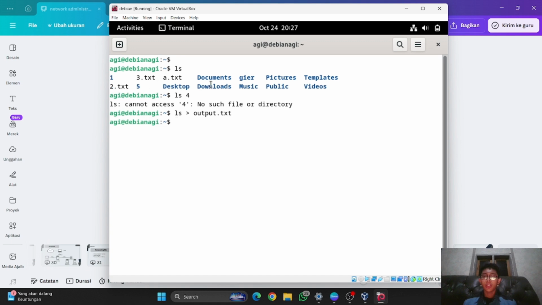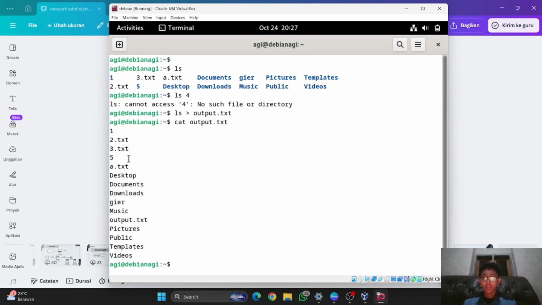This information will not show here, but it will get saved as a file in output.txt. I will check it using cat output.txt.